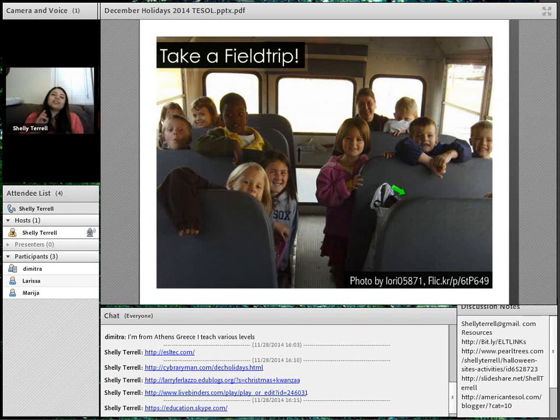So one of the great things in San Antonio, where I'm from, and today actually I'm very close to Houston, in Splendora, but wherever you are, let's say you want to take a real physical field trip. Well, this is a great time to do it. In San Antonio, in one of the college campuses, they light all the trees, and that's a big event. And that's something that I would take my high school students to each year, and they